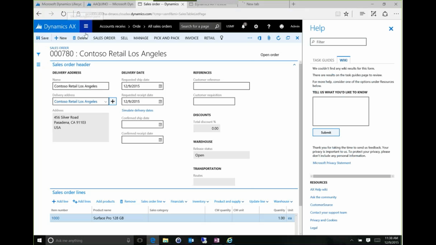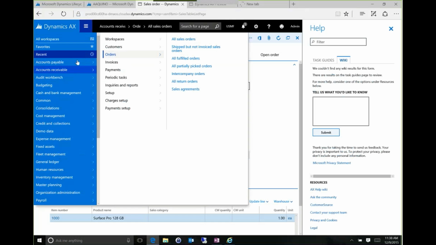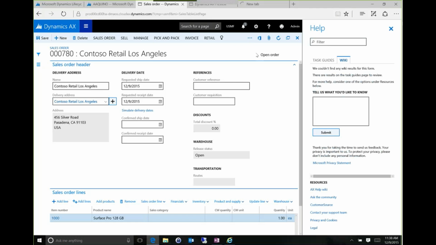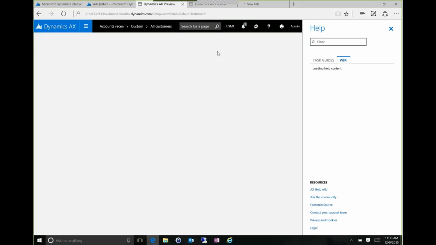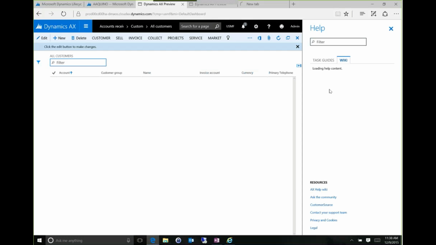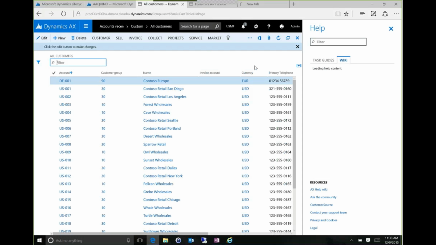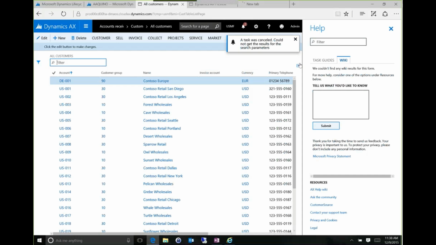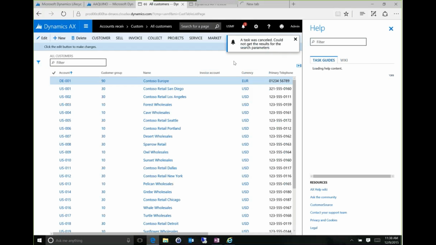Okay, so I'm going to show you a little bit more about this help pane experience by jumping to our customers list again. From there, you'll see the list of wiki content that's available for this customer, as well as the task guides that we have. Nope, looks like we're having some problems with the wiki right now. Task guides